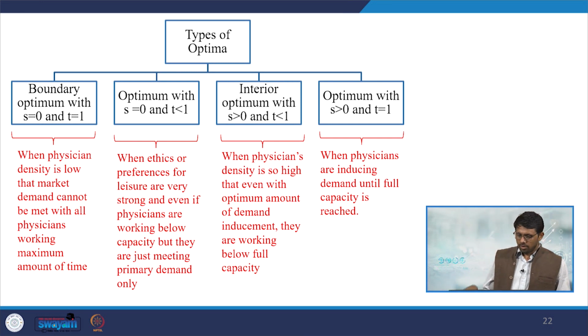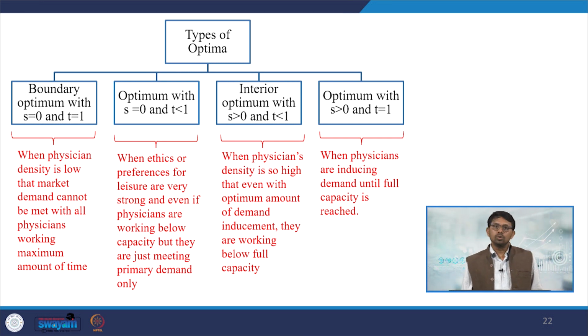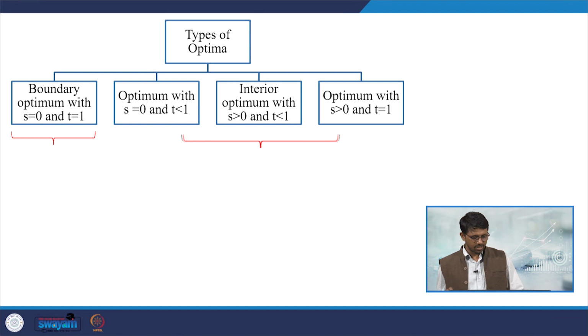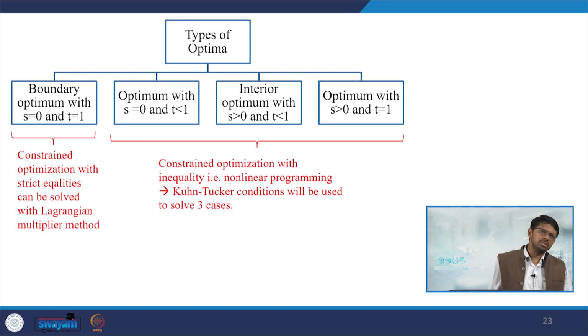So, another optimum with induced demand is there and working with full capacity, when physicians are inducing demand until full capacity is reached. So, we will be utilizing these directions, and the first case when the boundary is rigid